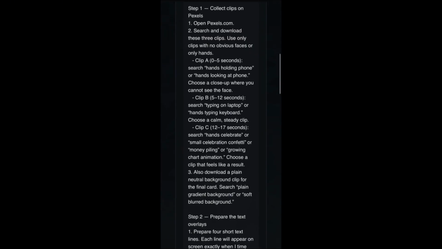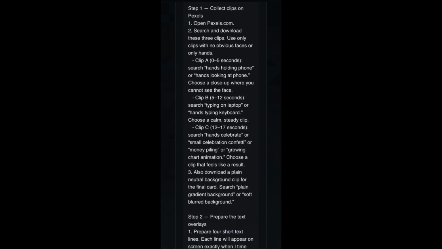So you say clip 1, search for hands holding phone or hands looking at phone. So when you go to that pictures section, right, you can type here the kind of video you want. You can type just staring at the TV, you can type whatever. There is picture, there is video, you can pick whichever one you're interested in. And when I discovered this, guys, I was so happy. And I decided, Haven, I'm not going to come and tell you all about Haven. I'm going to come here and tell you the best things you can do out there as a content creator,